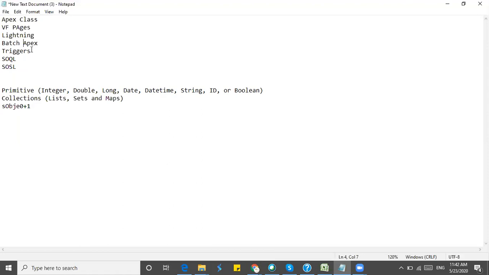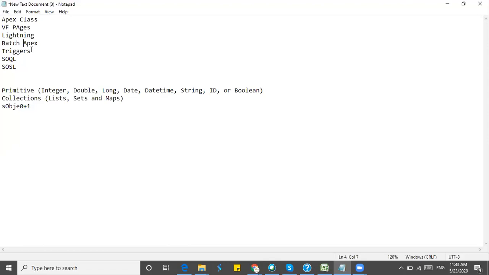Let's say there are 1,000 records and you have given 200 as the batch size. Every time it will pick 200 records, process and update them. So the total records are 1,000, and then 5 batches will be running, like 5 sets of executions will happen. Every time it will pick 200 records, execute and update them.